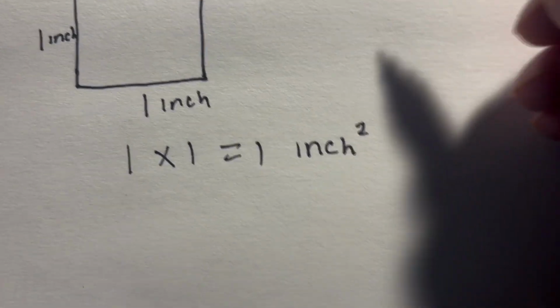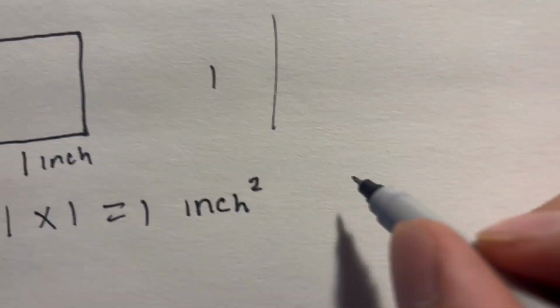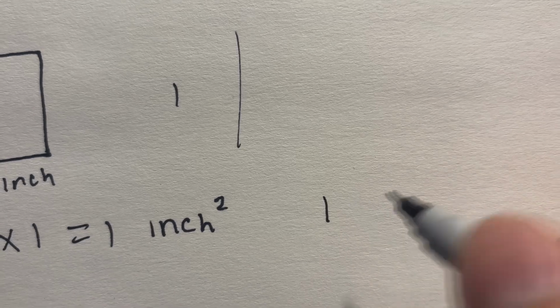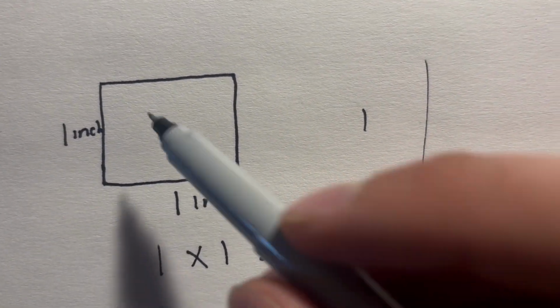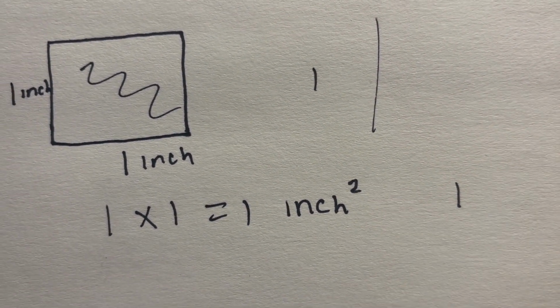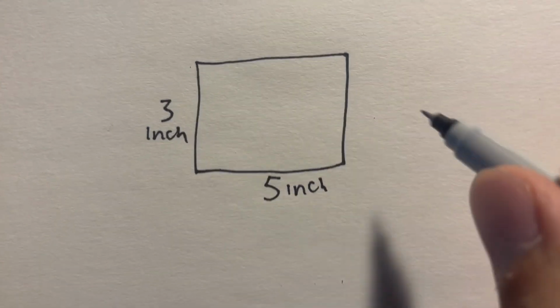If it was just one line that was 1 inch, there'd be nothing to multiply by, so it'd just be 1 because there's one side. But there's two sides here. In order to get the area of this, it'll be a sum of 2. So 3 times 5 is 15